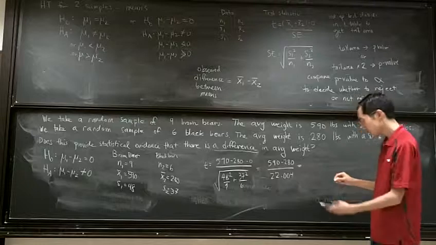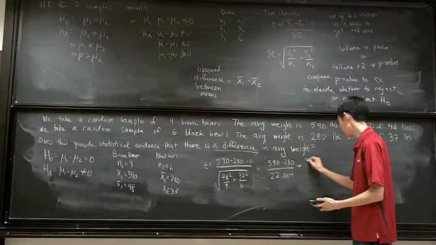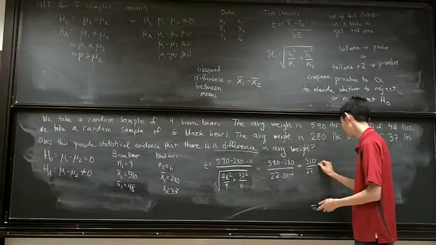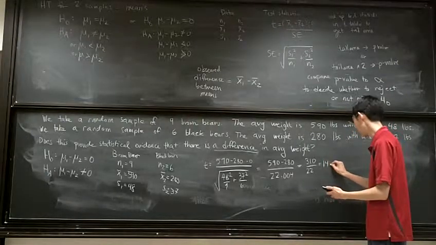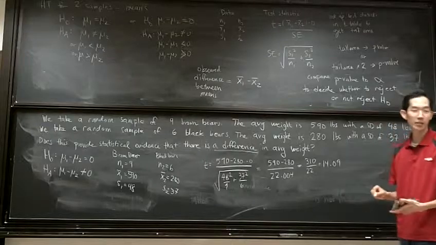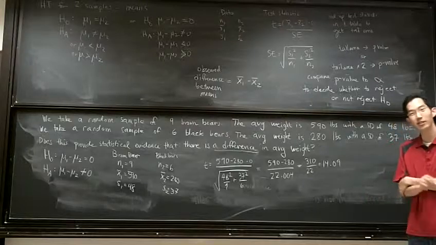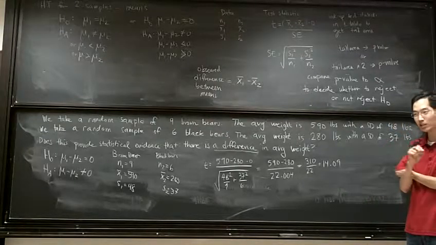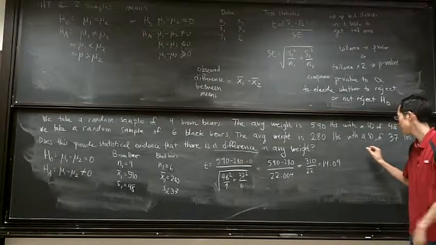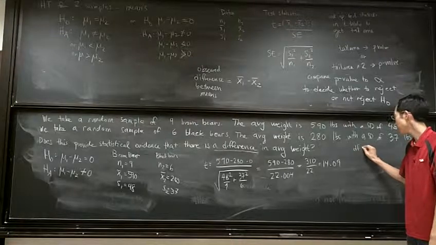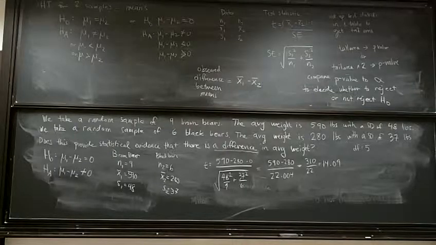So 590 minus 280 is 310, divided by 22. So 14.09. Is that what we got? Yes. So that is my test statistic. My test statistic is 14.09 standard errors away from the mean of 0. That's a lot. But let's go to our table. How many degrees of freedom do I have? 5. 5 degrees of freedom, right? n minus 1, I'm using the smaller n. So I go to 5 degrees of